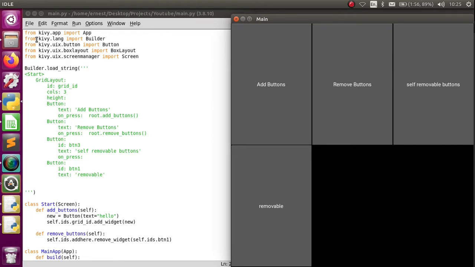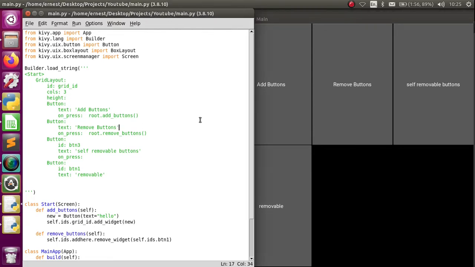In this tutorial, we are going to be looking at something very amazing: how to add and remove widgets. Within making a lot of apps, knowing how to add and remove widgets is very, very important. Whether it's you wanting to add a new contact, if you are, let's say, building a messenger app,